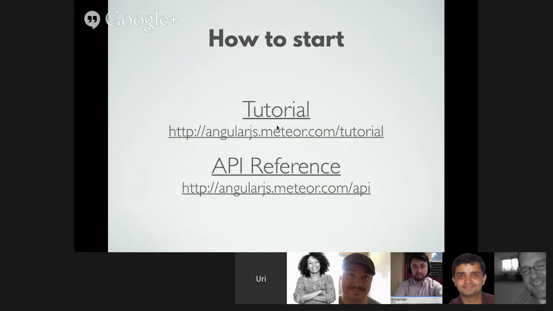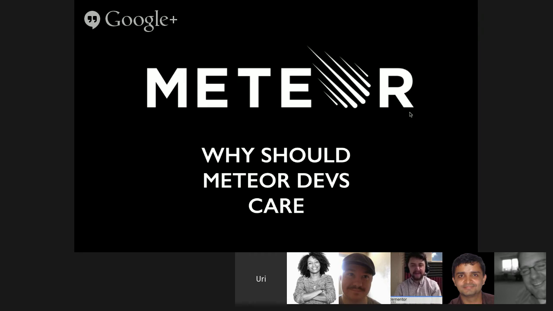To start Angular Meteor and not listen to me mumbling, you can just go to the tutorial on the website. In the website, there's a tutorial, there's the API reference I showed you before. If there's a problem there, you can very easily just change it. There's a button you can click on, you can fix my typos and even tell me that I'm doing stuff wrong. And it's very important because the tutorial is a way to show the best practice of doing an app, and I would love people to give me feedback about that.